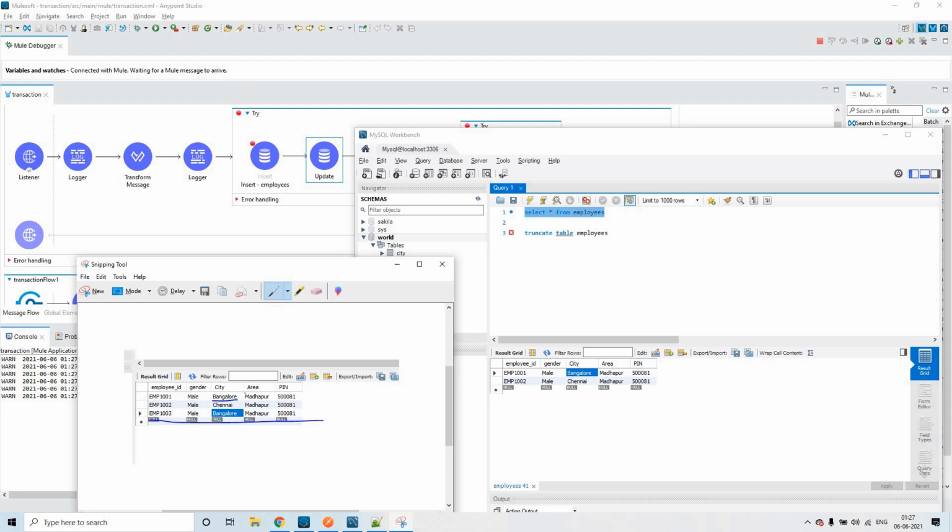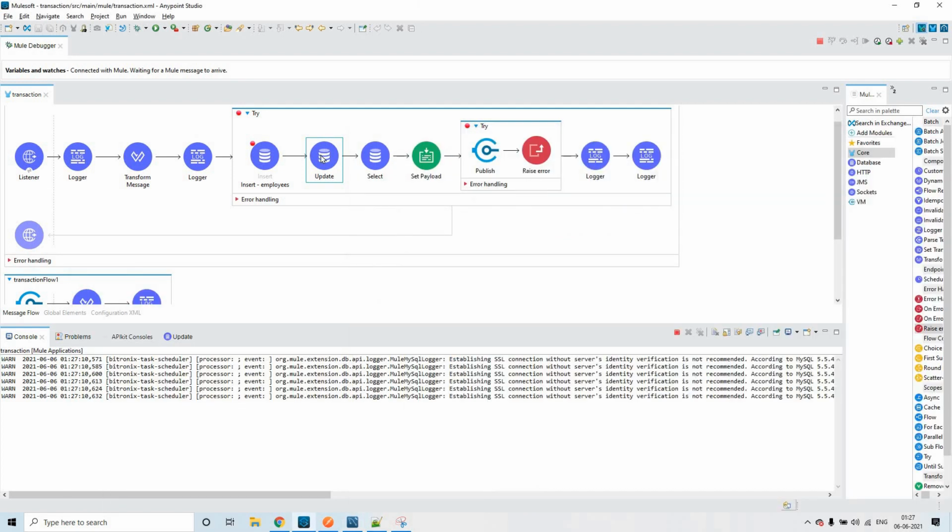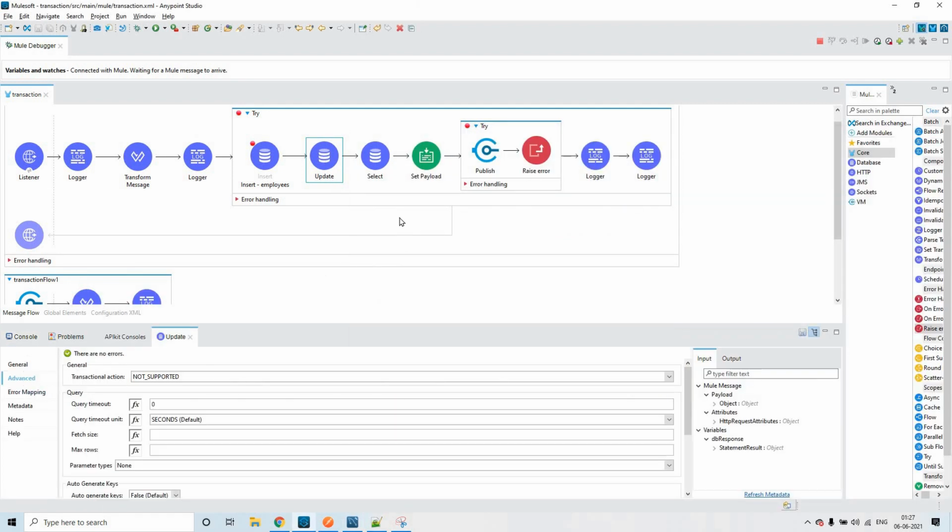This was not updated to Chennai, right? Previously it was Chennai. So not supported means it will not come in the transaction. So when you do the rollback as well, this particular thing will not roll back its changes.